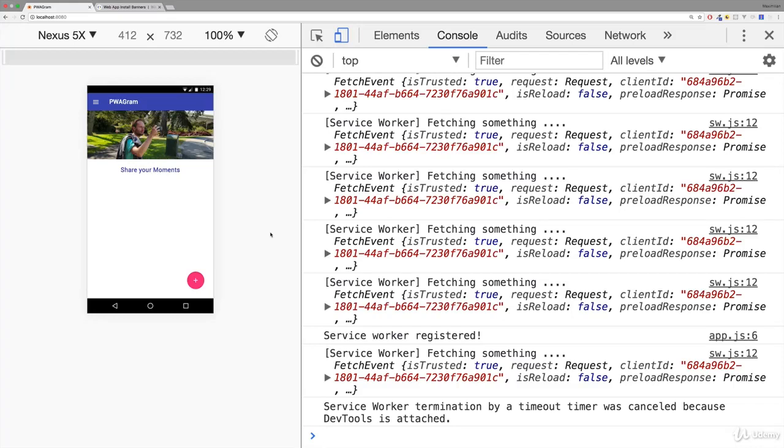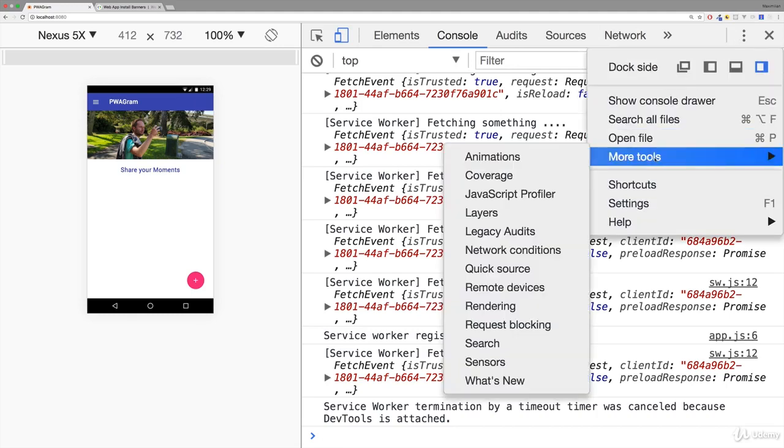I now connected my real Android device to my Mac here. And again, this should also work if you have an Android emulator running on Mac. Make sure you have developer mode enabled as described in the last lecture in this article. And with that, you can go in the Chrome Developer Tools on your machine to these three dots here, more